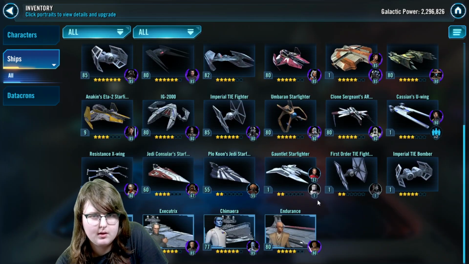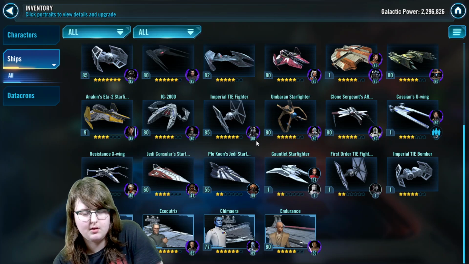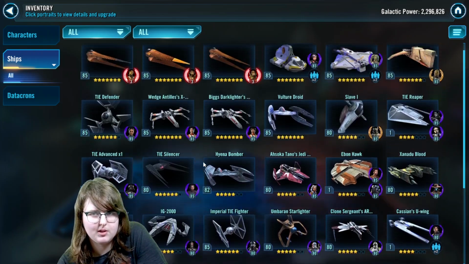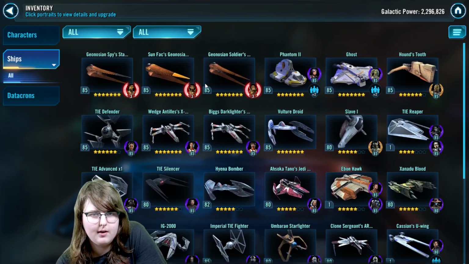At 6 stars, so you have one more. I'd say put Plo Koon in once you get him to level 3 for the reinforcement. I'd say put him in last, and that will give you a pretty good team for offense. But you really got to level up your guys. And then on defense,